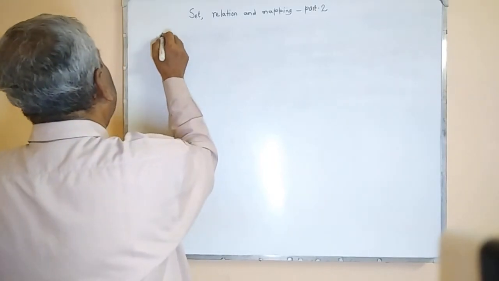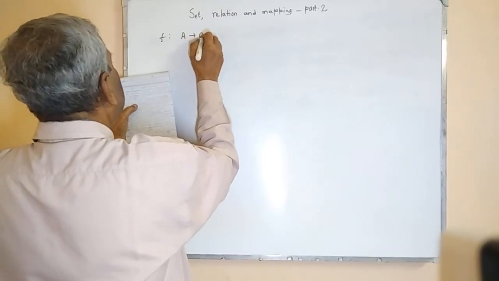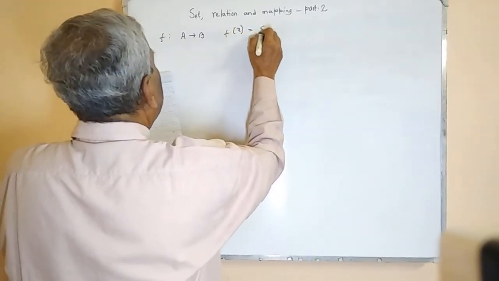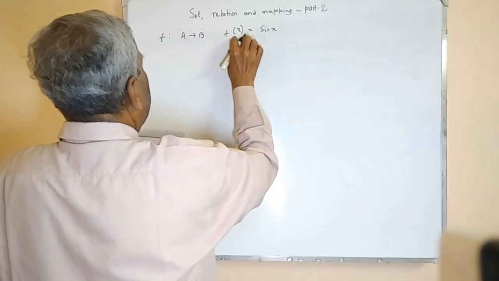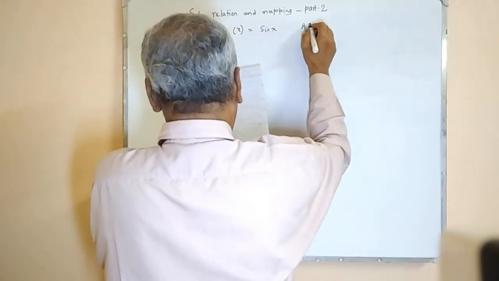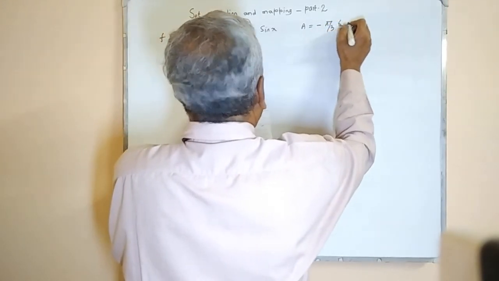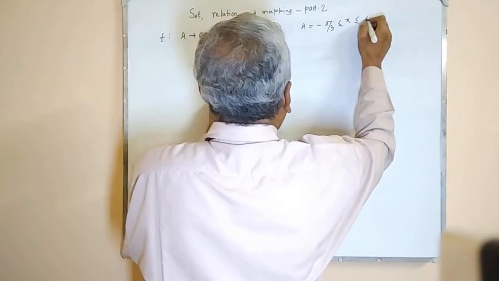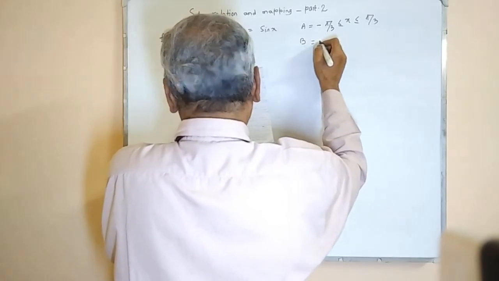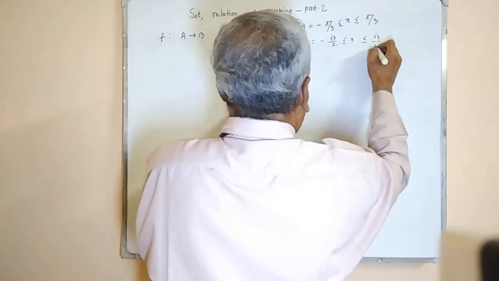The mapping f from A to B, where f(x) is equal to sin x, and A, the set A is minus pi by 3 less than or equal to x less than or equal to pi by 3, and B is the set from minus root 3 by 2 to root 3 by 2. Then